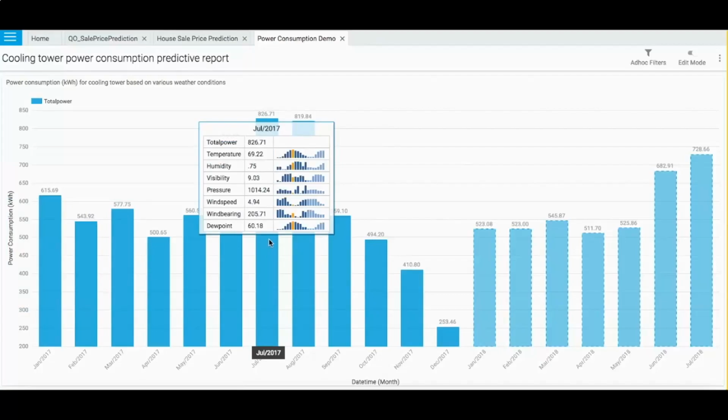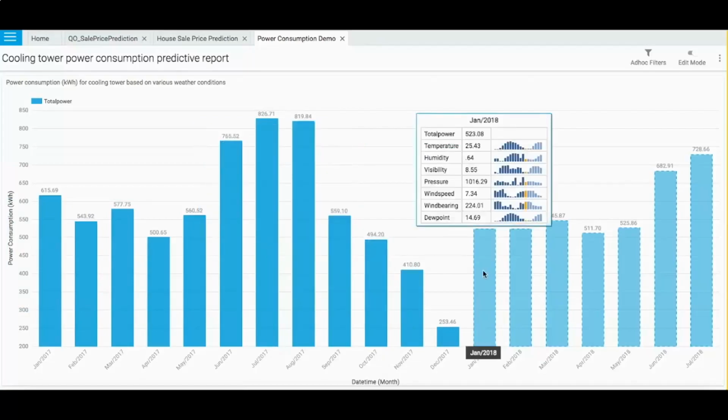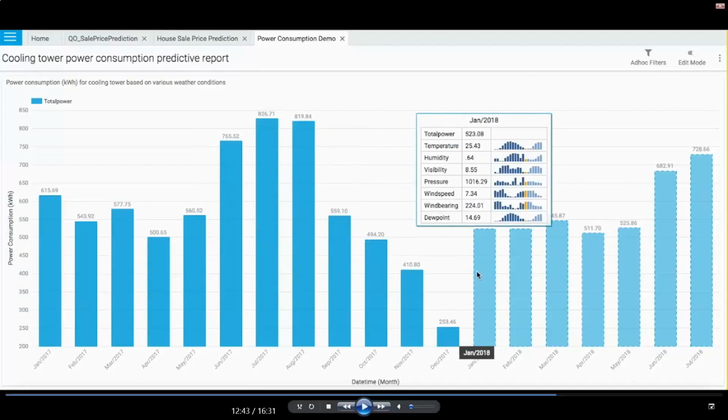So here, if you see, the temperature was quite high and the dew point was very high, and then wind speed was low and so on, so high consumption. What has happened here is that the futuristic values, the prediction values, all these weather data points are also predicted.